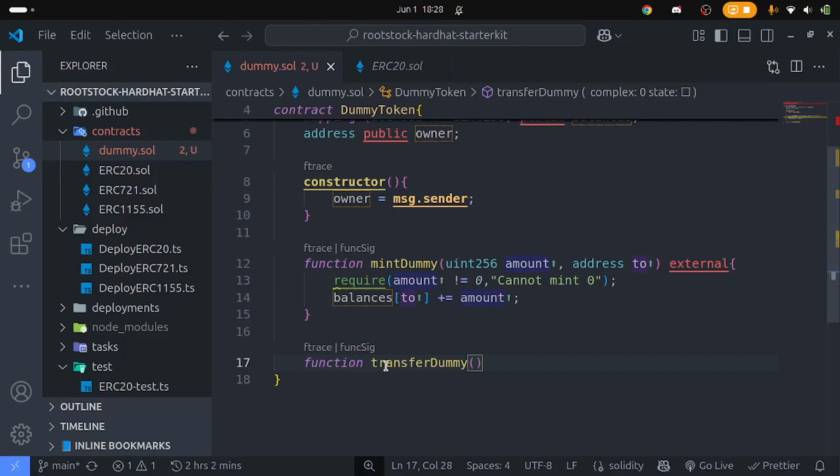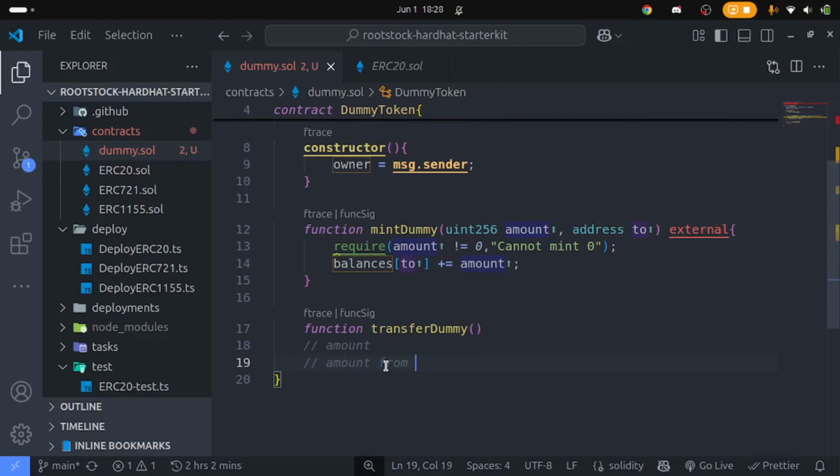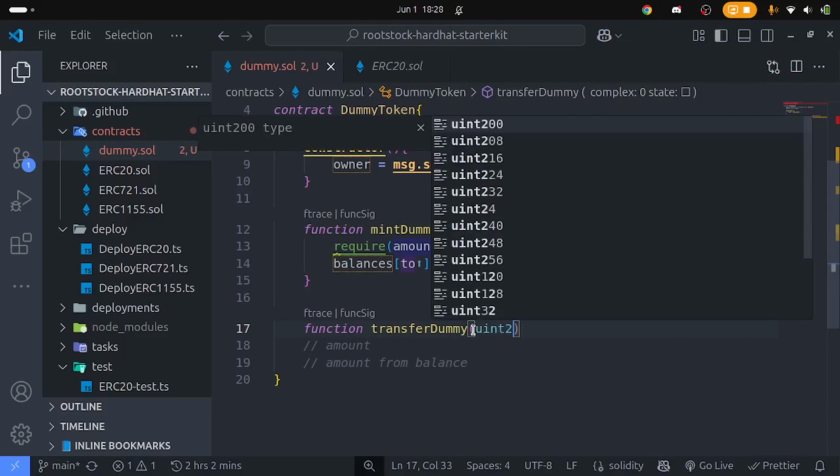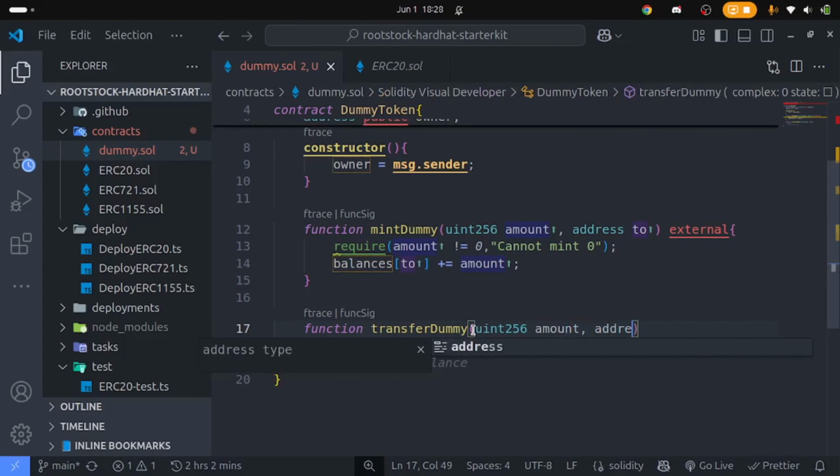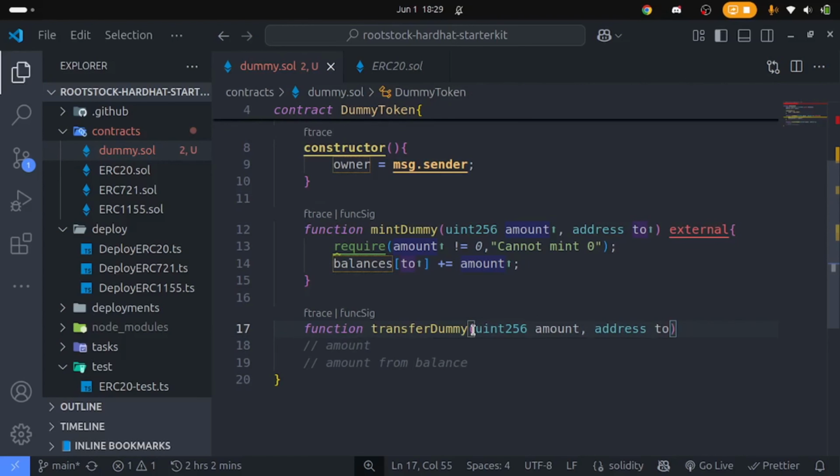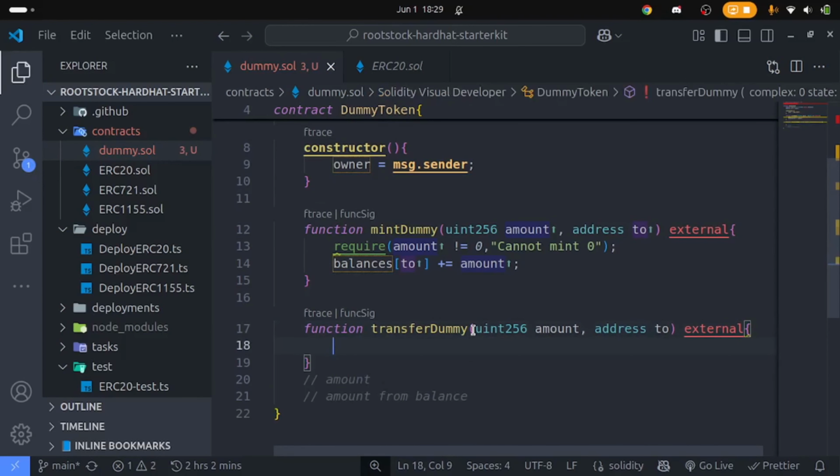Then you also want to ensure that the amount is deducted from balance. So when the transfer happens, you want to deduct the amount before the transfer happens. So that will be amount. We have address 2. Then we can call this external 2. So a person who is the msg.sender in this case wants to transfer amount to an address called address